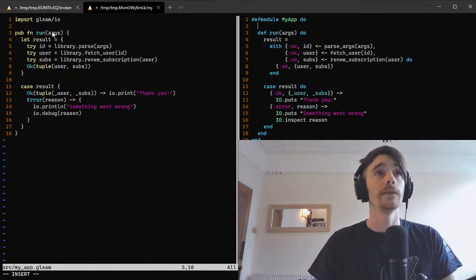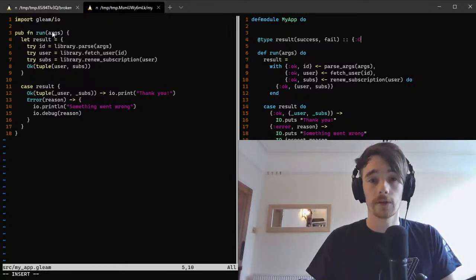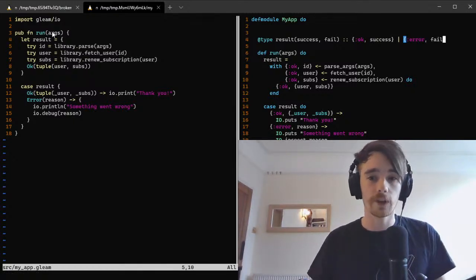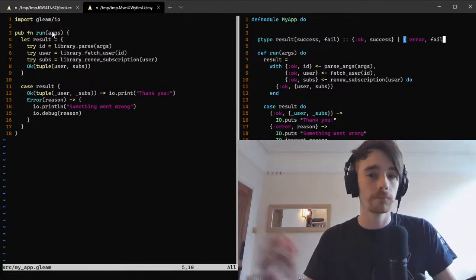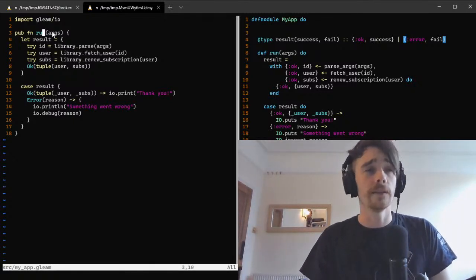So in Elixir, it would be type results of success and fail is equal to either OK of success or it would be error of fail. So that's a pretty common trait, very common thing to do in Elixir.